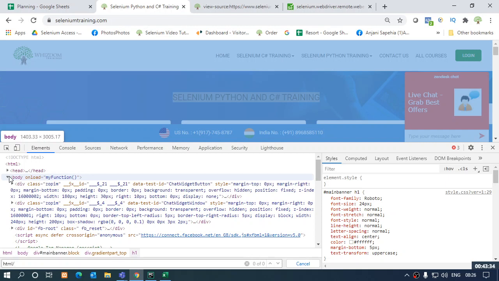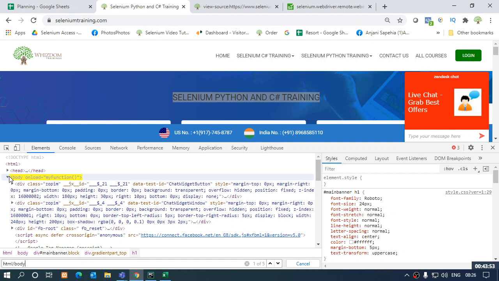We are not going to have anything in the head tag ever. Head tag is about the JavaScript functions and queries that are going to be applied. No need to go into the head tag, just go into the body tag. So I'll say slash body. It got highlighted.